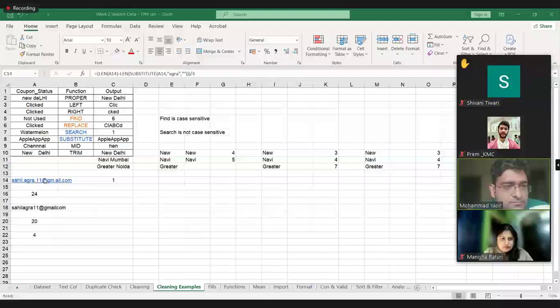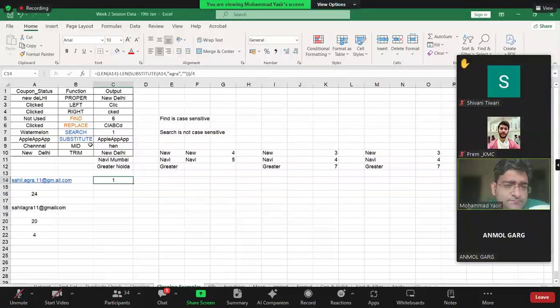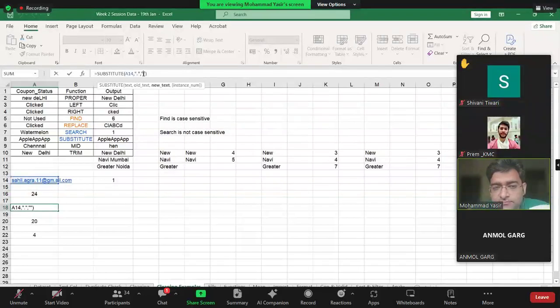Arun, Nishant, Shivani? Here, basically, substitute simply replaces whatever you have given here with whatever you have given in the new text.